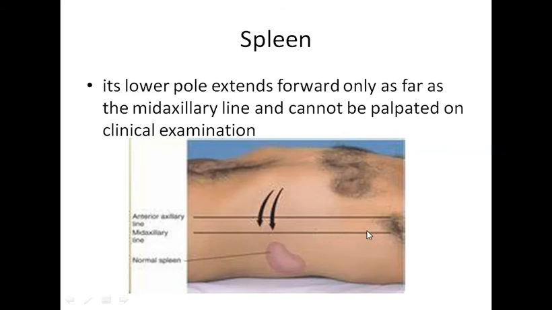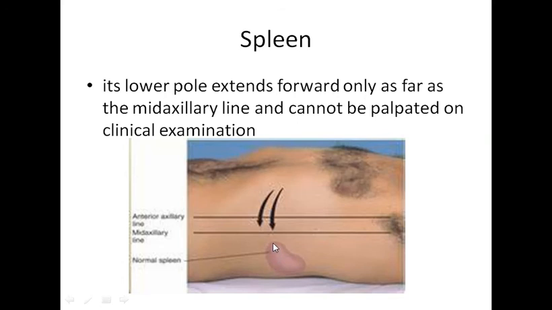From the axilla we draw the imaginary line. Middle of the axilla ये हो जाएगी mid axillary line, आगे वाली हो जाएगी anterior axillary line, right? नॉर्मल स्प्लीन की पोजीशन ऐसी होती है. और अभी हमने पढ़ा द अपर पोल एंड द लोअर पोल. इसका लोअर पोल, ये स्प्लीन इस तरह से टिल्टेड होती है कि लोअर पोल आगे की तरफ आ रहा होता है,